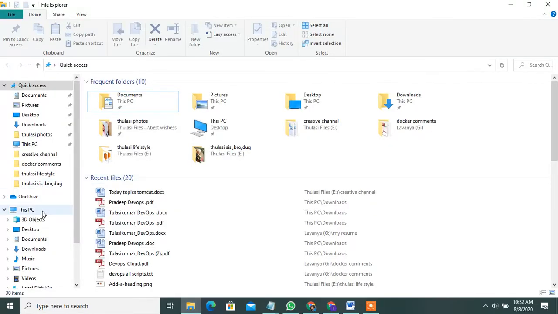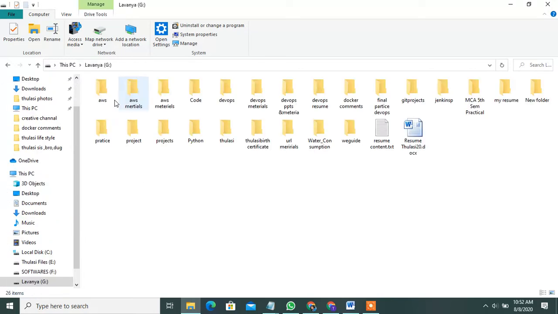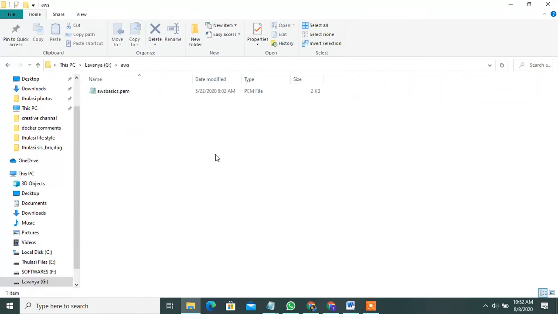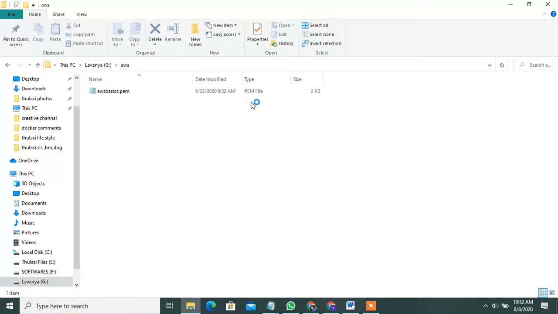Okay, go to my file also. Open and run Git Bash, connecting to my server from local.